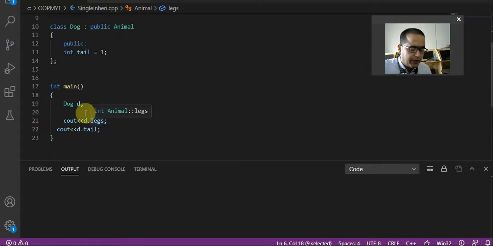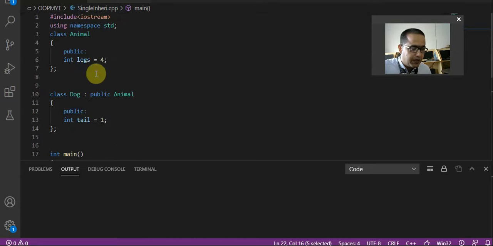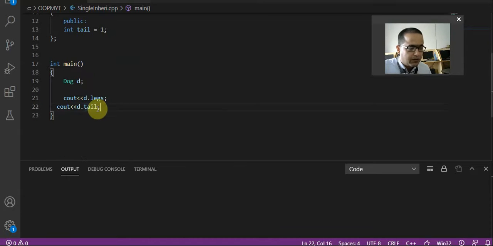Whenever I create D, an object of the dog class, it can fetch legs and tail also. Since tail is available in the parent animal class, it is also available for the child class.